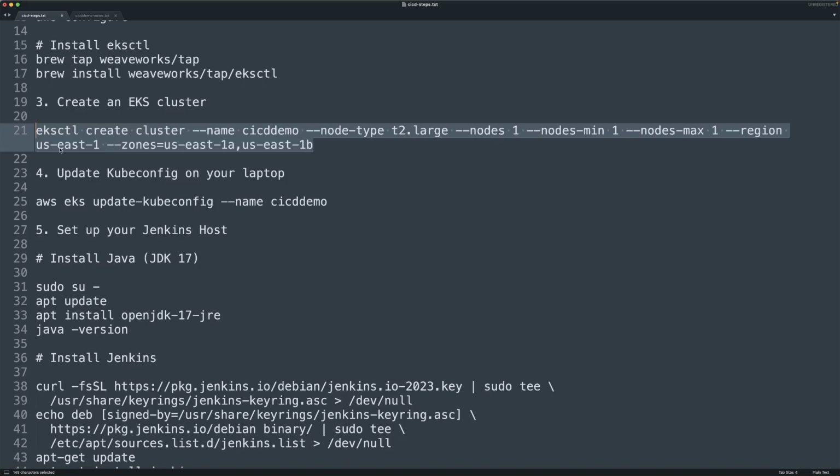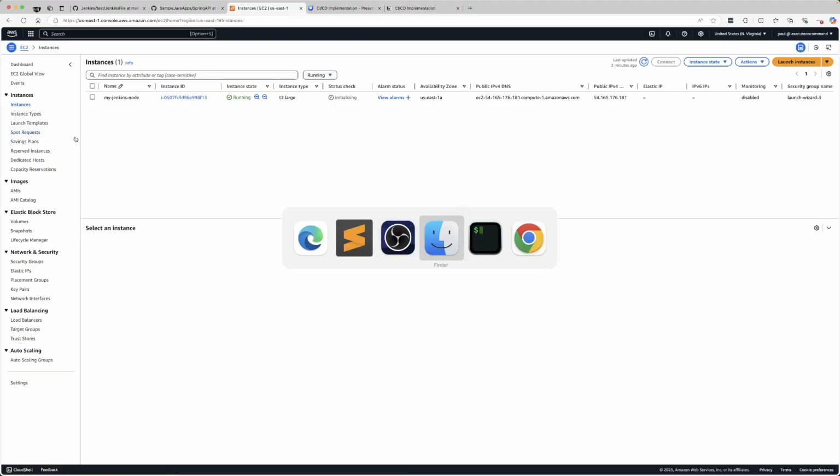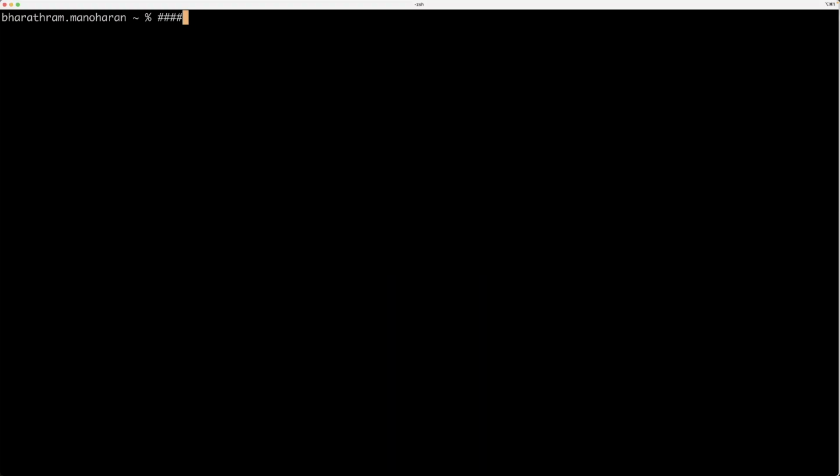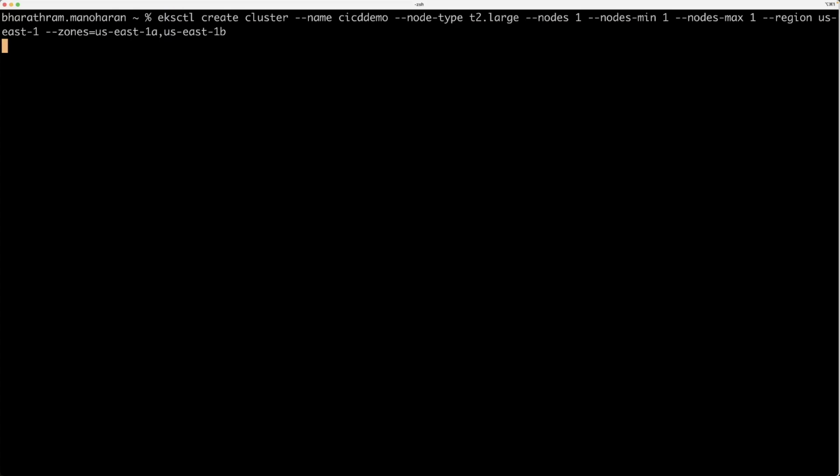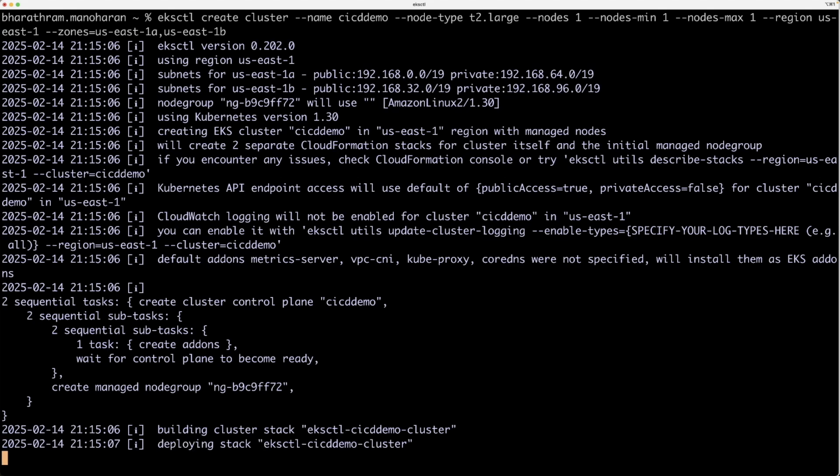It's going to be in the US East 1 region, and these are the zones where the nodes are going to come up. So I'm going to copy this and go to a terminal. This is my terminal, and I'm going to run this command. This is going to take, I would say, about 15 minutes, so I'm not going to bother